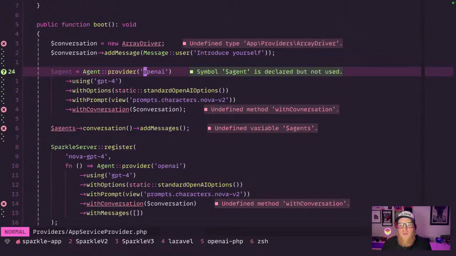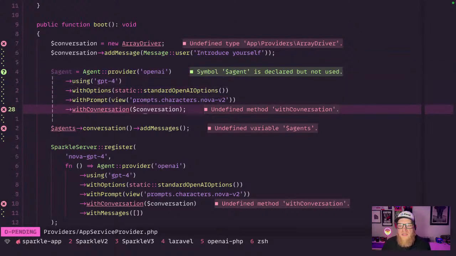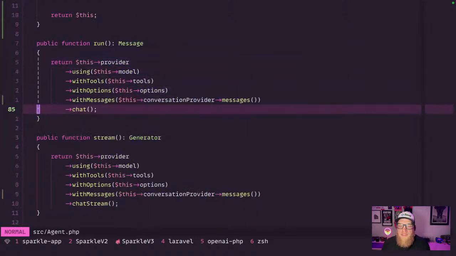So maybe we end up doing the same thing in a refactor later, where we can say something like with conversation, and then tell it what driver to use under the hood. I don't know, maybe because then we get back into the same problem of how we're adding messages. And the other way we could avoid all of this is to add the messages to the conversation. So the other way to go about this, and maybe